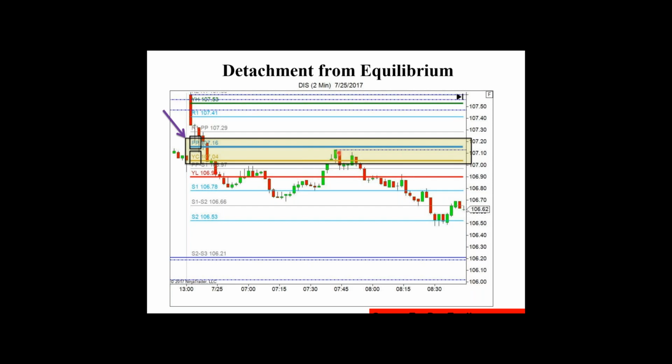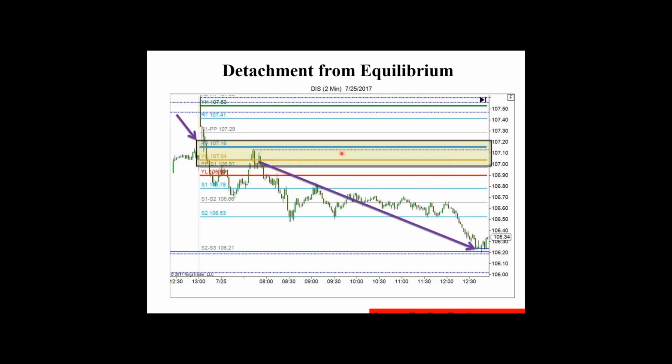So, comes back in. Good. Finally, let's do this. And what does it do? High volatility comes back in. This is your low volatility zone. And now finally, boom. By the way, I talked about mid pivots before. It bounces off here, goes to S1, goes to S2, goes to S1, goes to S2, hovers around S1, S2 for a while, and then goes all the way down. Where does it end? It ends down at the mid pivot of S2, S3. Great target,